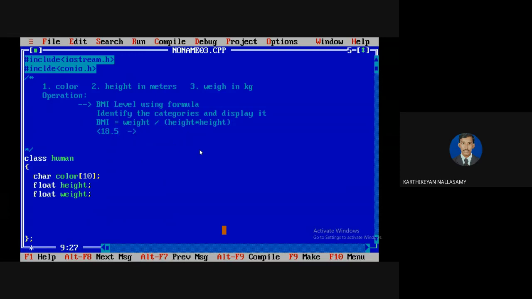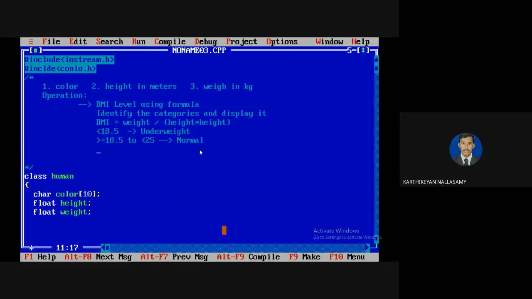It is underweight below 18.5. If it is greater than or equal to 18.5 and less than 25, I'm saying it is normal. They are fit. And if it is greater than or equal to 25 and less than 30, then the person is overweight. That is called pre-obese.